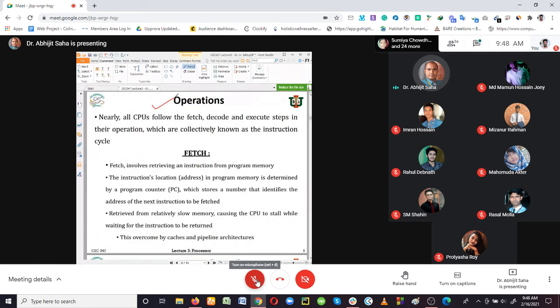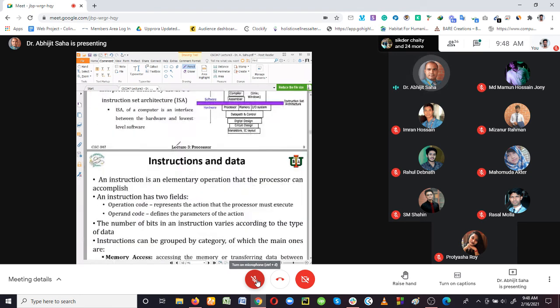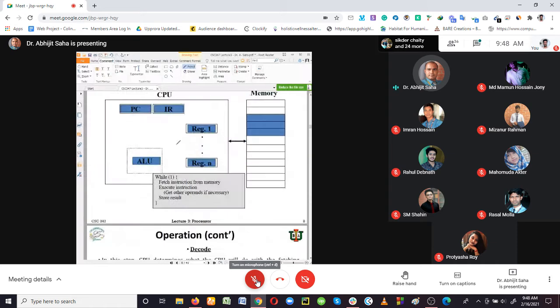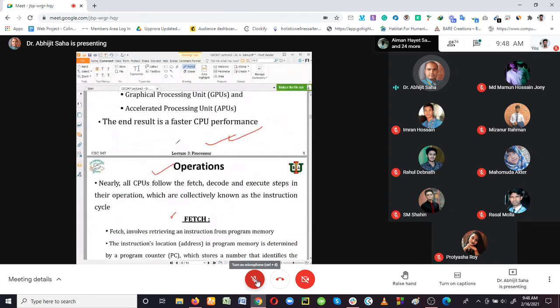Luckily, we already understand the instruction cycle. So we are already aware of fetching, decoding, executing, and storing. These things become the CPU's operation discussion, but we are going to do it